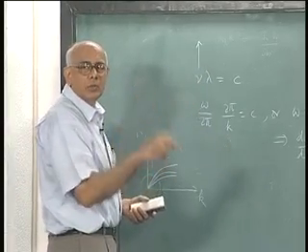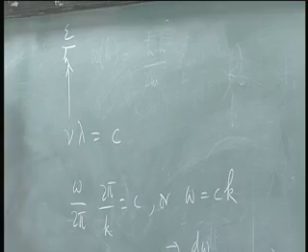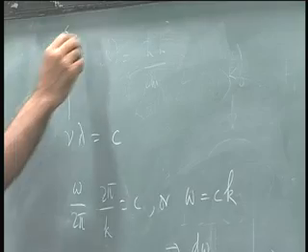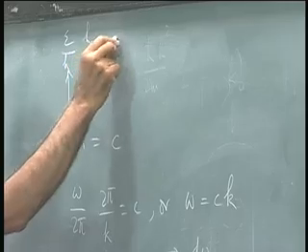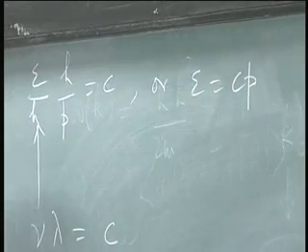Epsilon is h nu, so nu is epsilon over h, Planck's constant, and lambda is h over p, and that is equal to c, or epsilon equal to cp. That is the linear relation between the energy of a photon and the magnitude of its momentum,